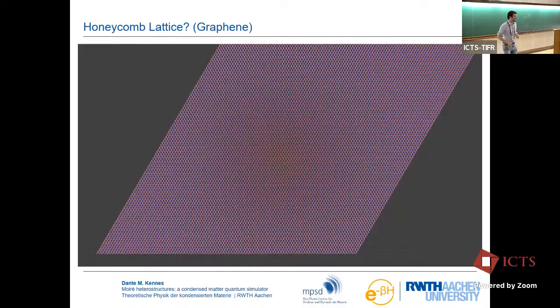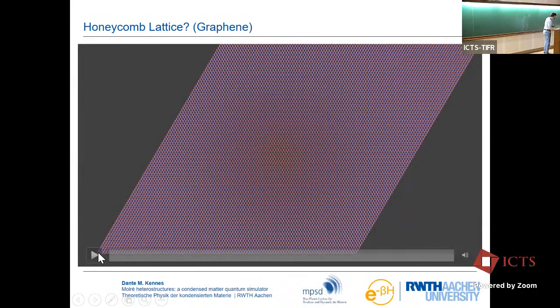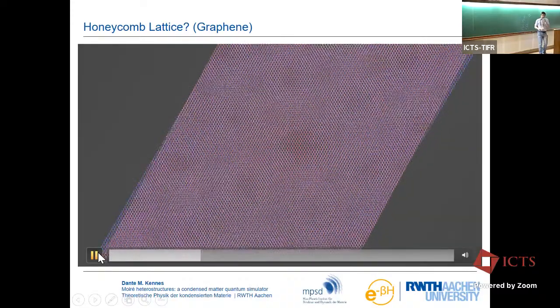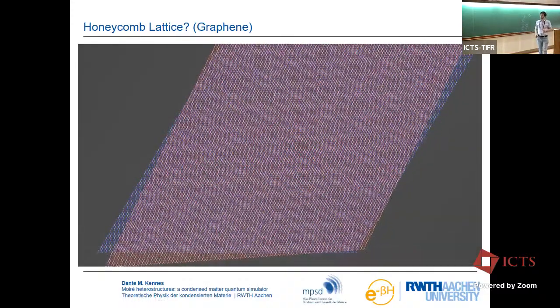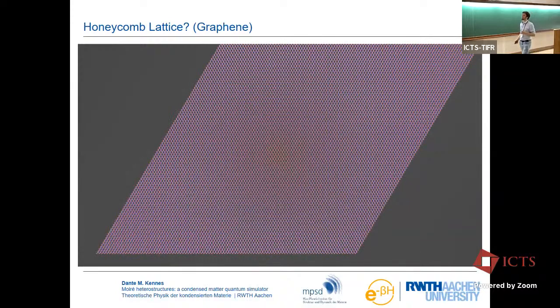Good. So now we have already seen in Oscar's talk a very nice introduction to this, so I can be very fast here. We can transfer this idea to the field of 2D materials engineering. And the most natural candidate maybe is to look at graphene. So graphene is a honeycomb lattice of carbon atoms. If you take two of these slices now, put them on top of each other, and rotate, you just geometrically induce a similar pattern.